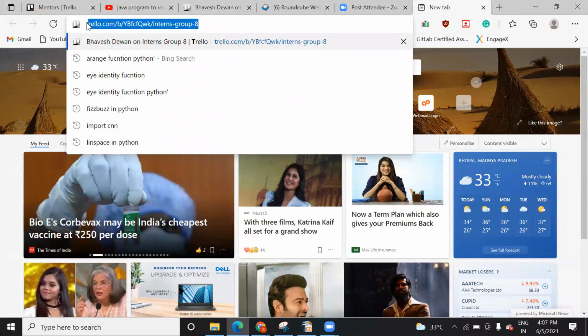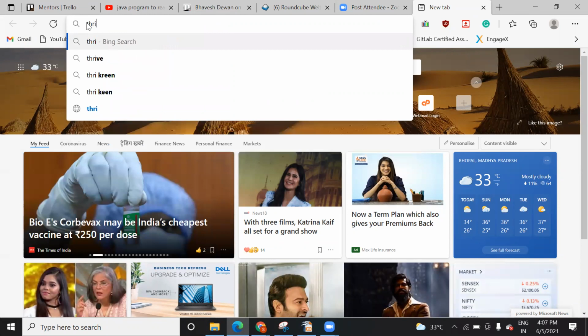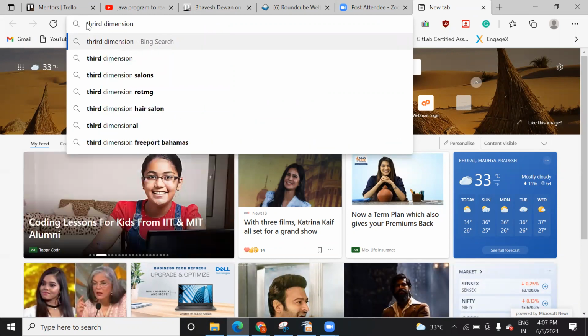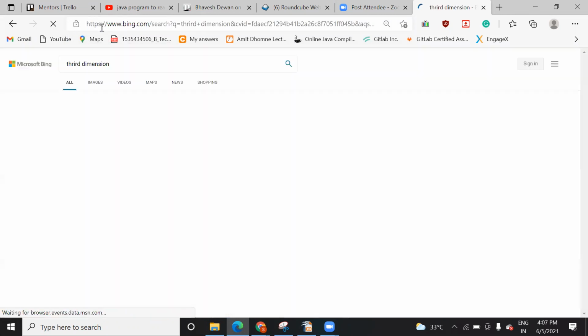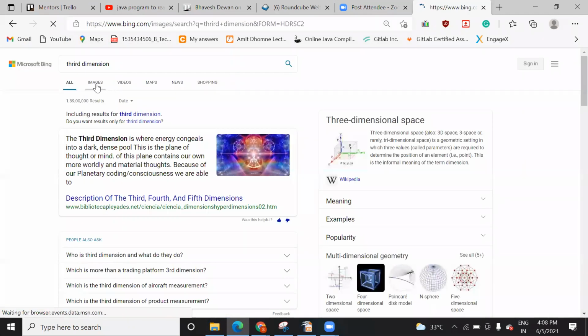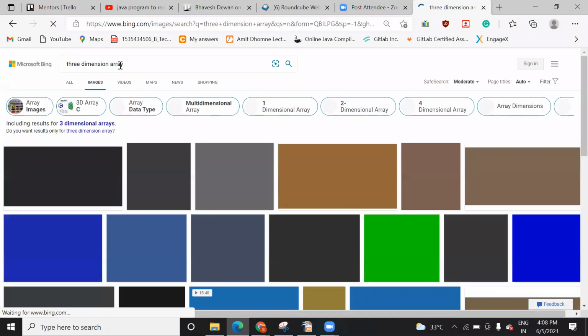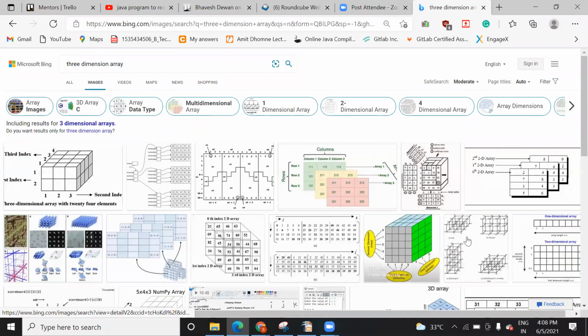So here, in this two dimension and three dimension, let me show you. For the three dimension array, there will be three cells, as I said.